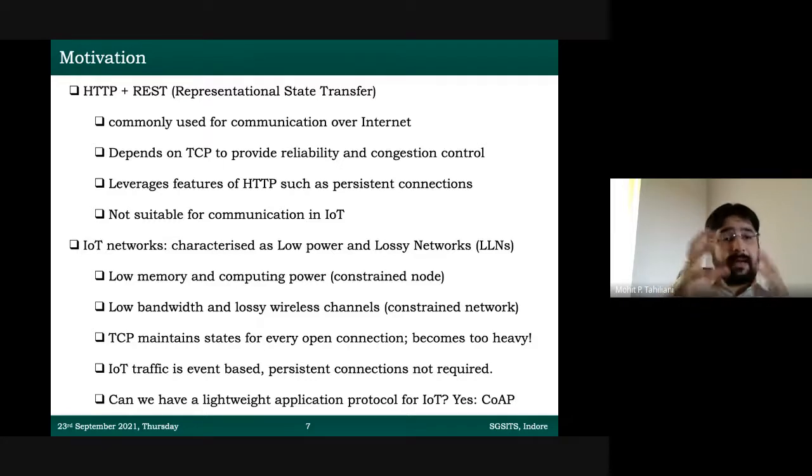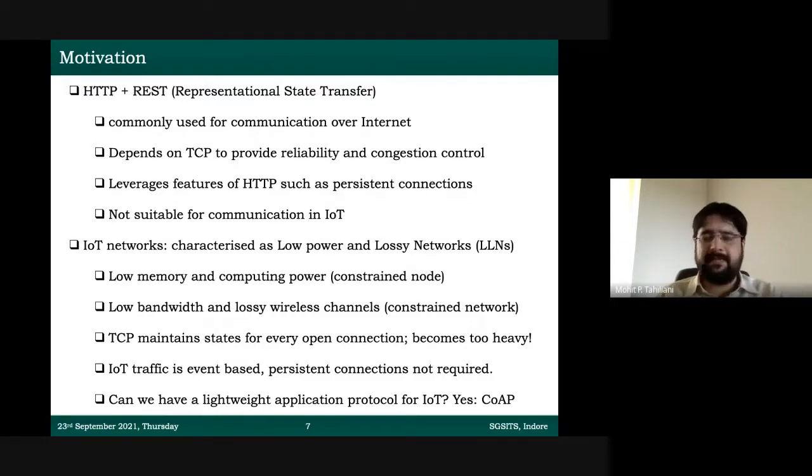And there are wonderful features in HTTP such as persistent connections. That means if you are connecting to a server and you're going to talk to that server for a long period of time, you don't have to establish a TCP connection, break it down and re-establish it. Persistent connections means once you establish the TCP connection, it remains persistent for some amount of time, and any further communication to that server will not require a TCP handshake, the three-way handshake. That won't be necessary. So such features have been built into HTTP, but unfortunately, HTTP and REST don't directly become suitable for IoT.